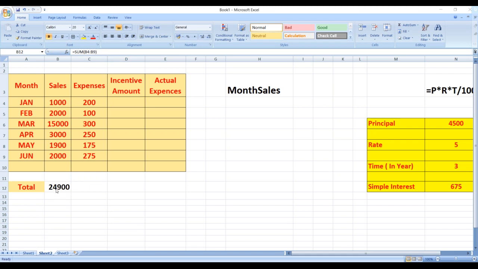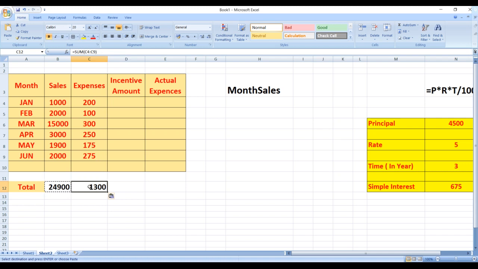So here I have selected this cell. I'll tell you again, this cell. I have copied it and I want it here. So I'll press Ctrl V. See, my cell reference has changed automatically, that is C4 to C9.